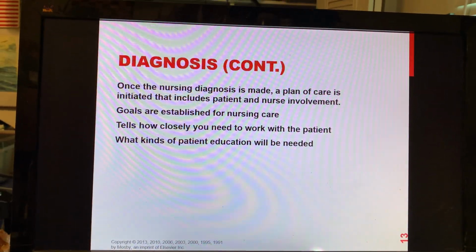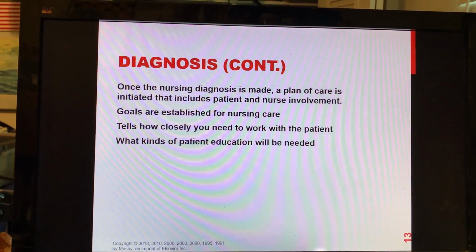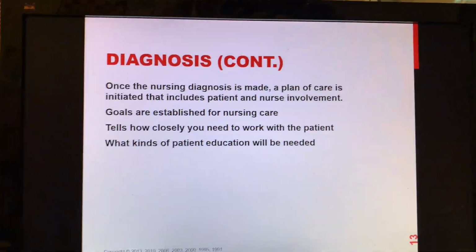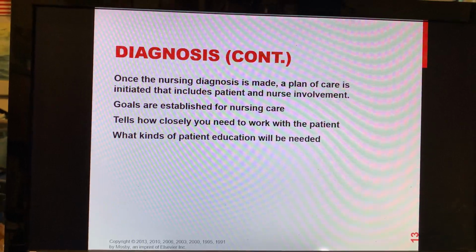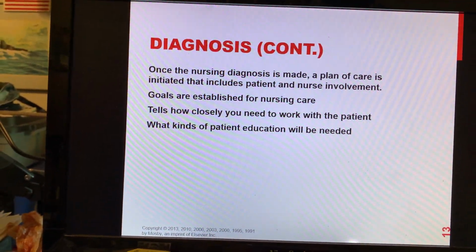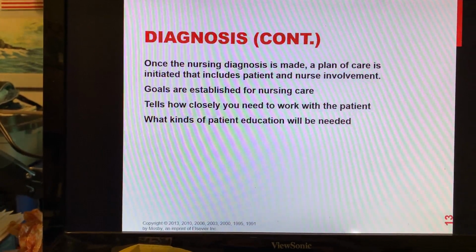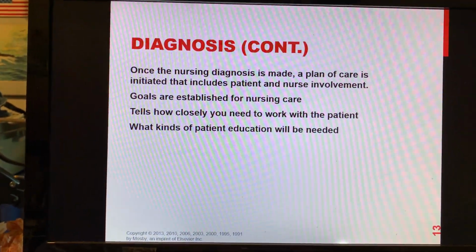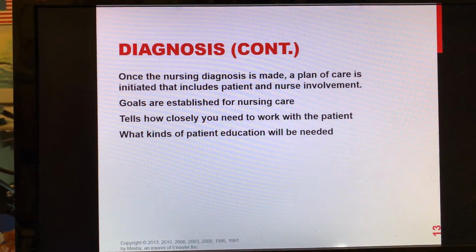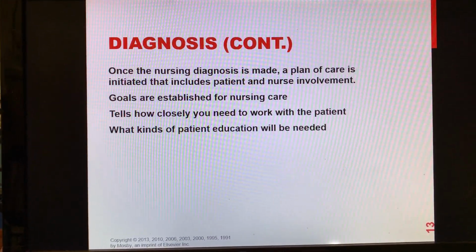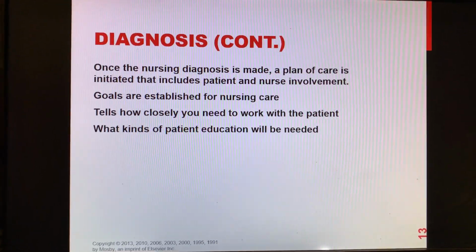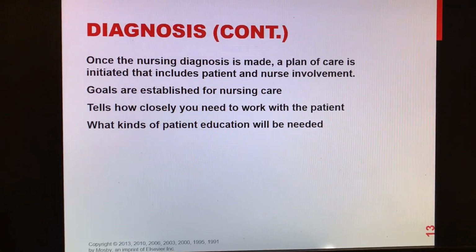Once you've decided on a nursing diagnosis, when you make your plan of care, the nursing diagnosis will determine how much the nurse is going to be involved and what exactly the patient's going to need. You're going to establish some goals that you need to determine for this particular patient. And these goals will tell how closely you're going to need to work with the patient and what kind of